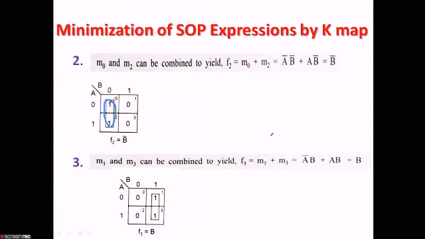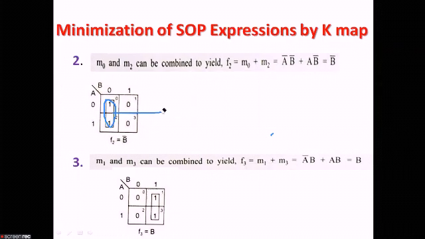Now see which one is common here. The value of A is changing, the value of A is 0 and 1. It is changing, so we will not take A. The value of B is common, that is 0 for both these boxes. Why? The first box, the value is 0, 0, that is A bar, B bar. This one, the value is A, B bar, that is 1, 0. So the value of B in both these boxes is 0. So just take here B bar. Why is it B bar? Because the value of B is 0. I hope this is also clear to you.